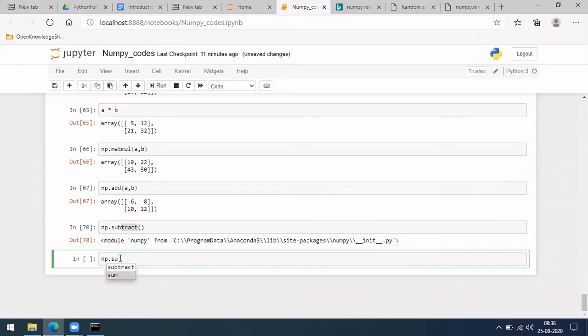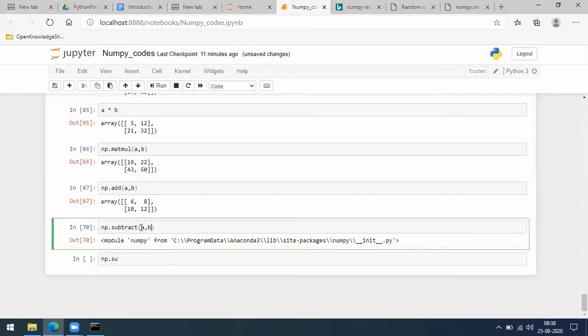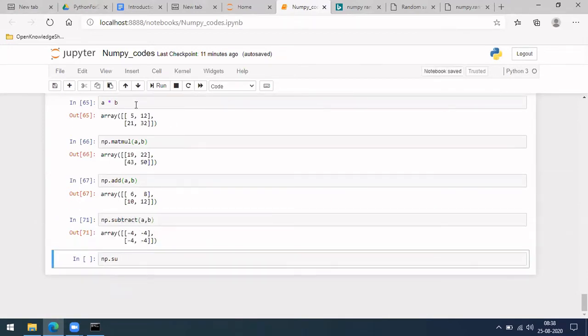So this is okay. Let me do subtract here, with a and then a minus b. You got some values here. Okay. Similarly,